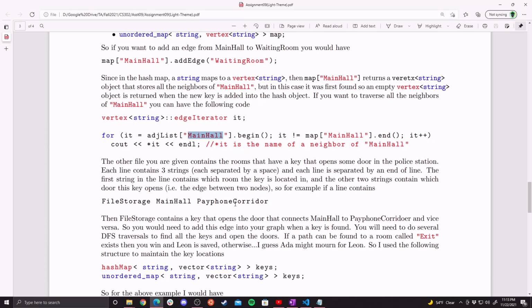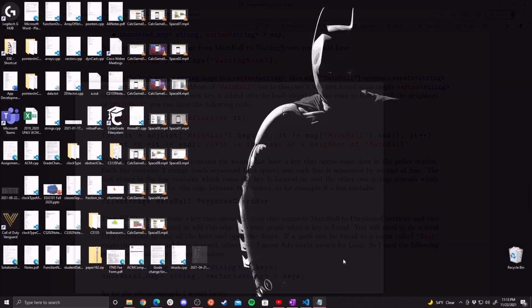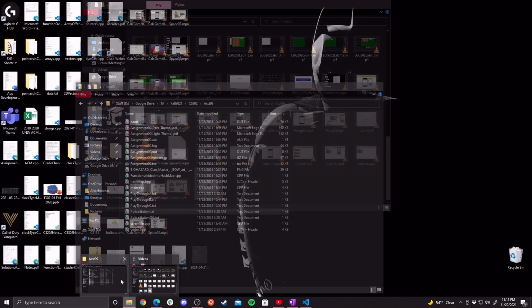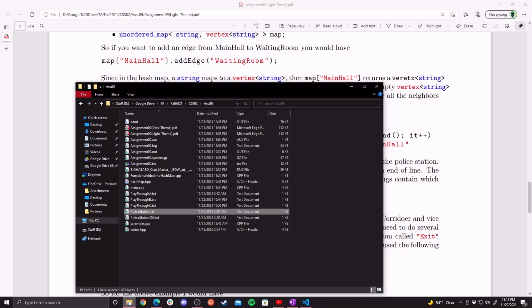Your second task is going to be, well, you're going to want to store. So the next file you're going to be given is going to be your keys file. Let me go ahead and close this file right here. I'm going to go through playthrough